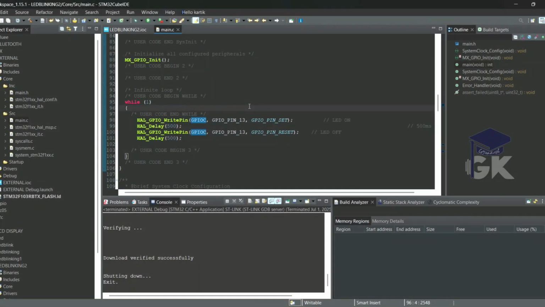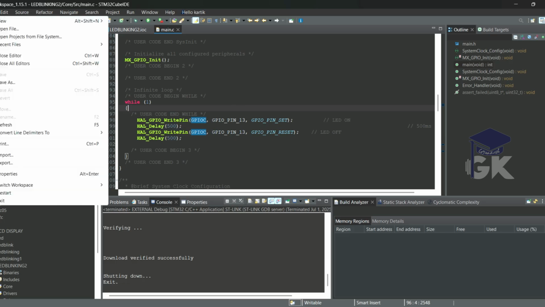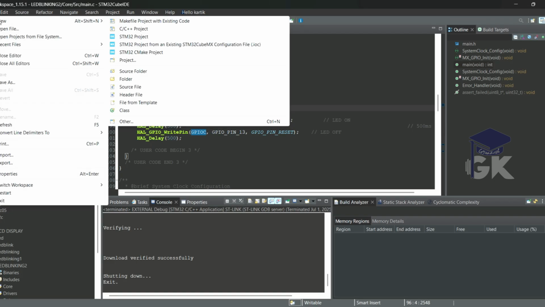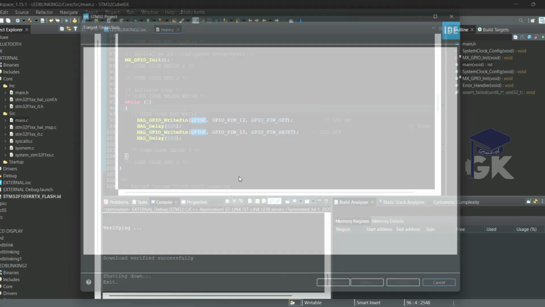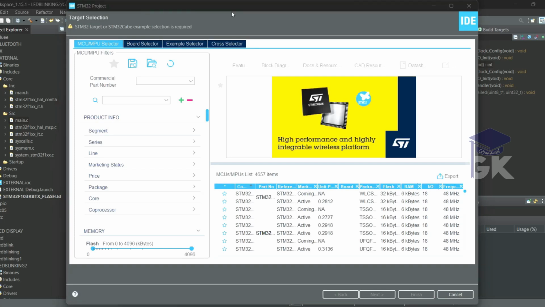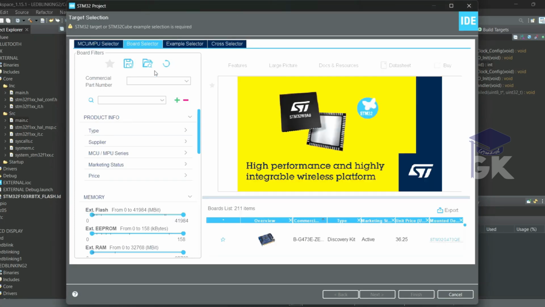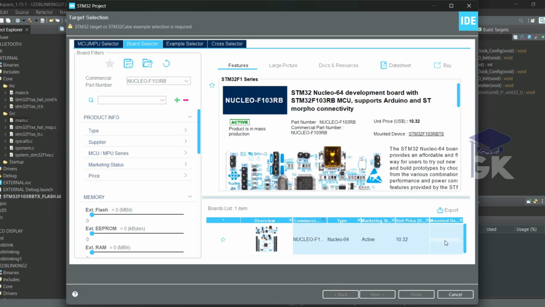We will start interfacing the push button with STM32. To proceed with the interfacing, go to File, New and STM32 project. Here go to board selector and select the board which you are using. Okay, click on the board,